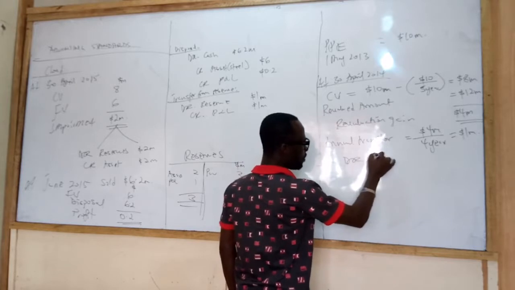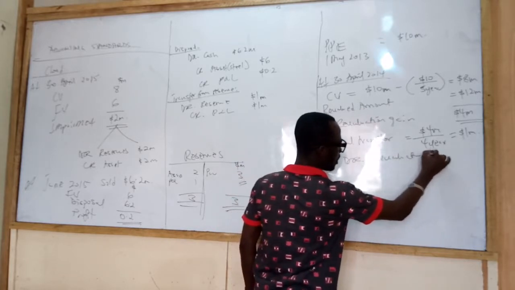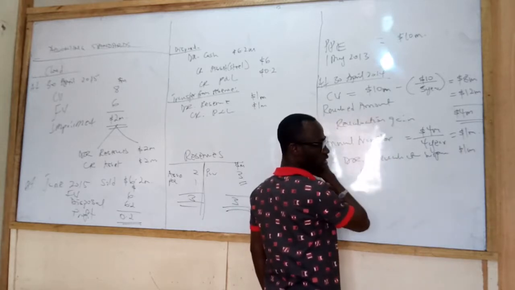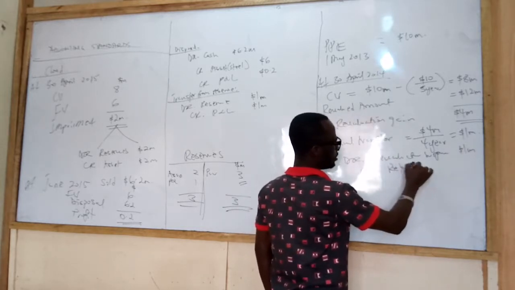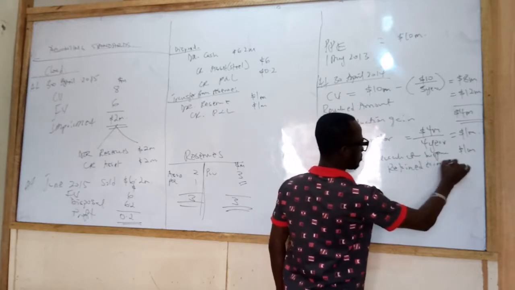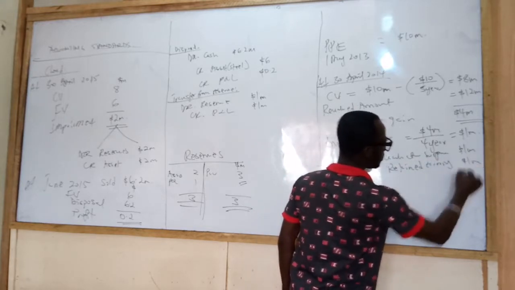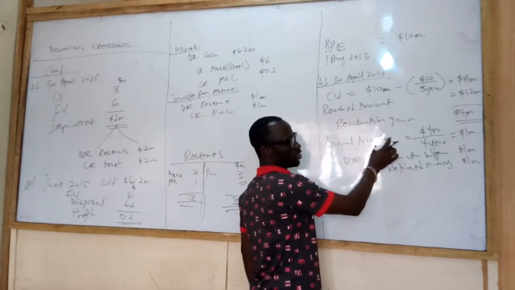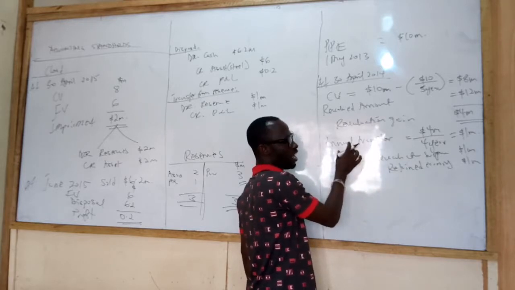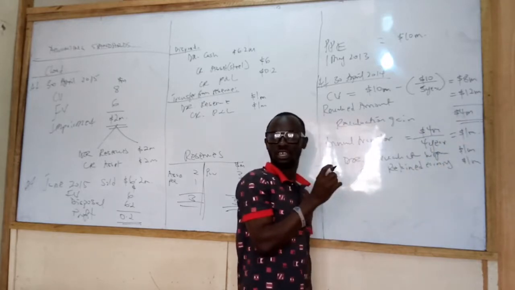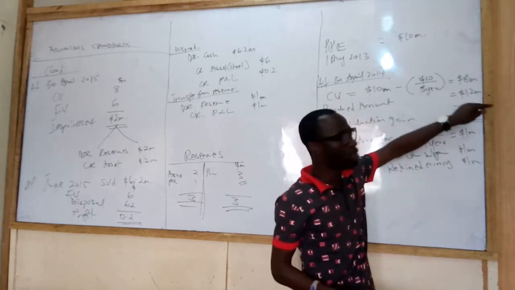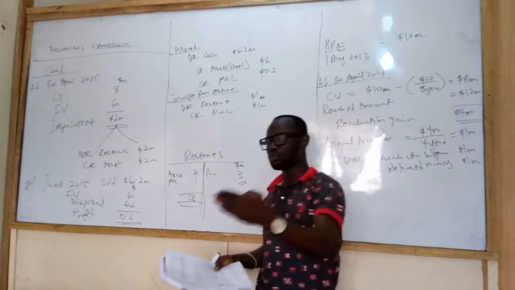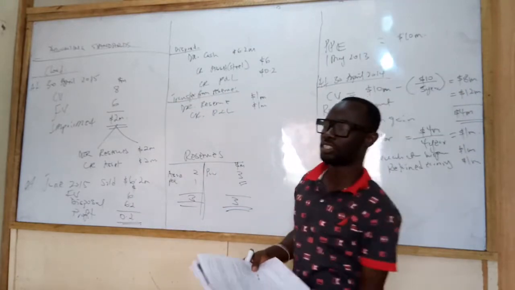We debit the revaluation surplus with 1 million, and then we credit retained earnings 1 million. We are not calculating extra depreciation. We are doing annual transfer from the revaluation surplus. When an asset is revalued, depreciation is calculated on the revalued amount. So for that gain, we make a transfer from the revaluation surplus account to the retained earnings account,